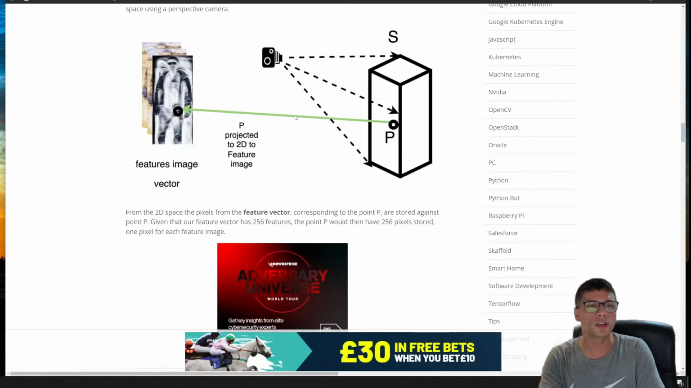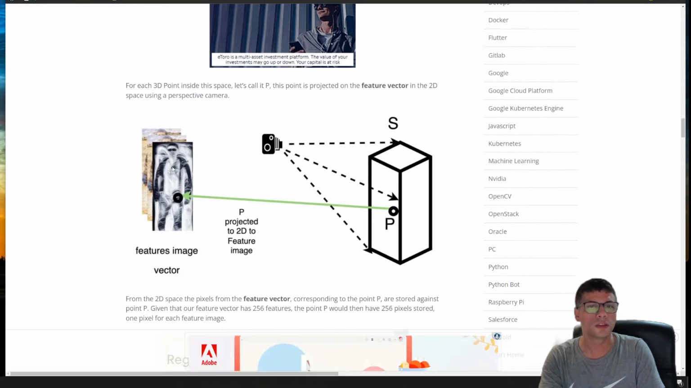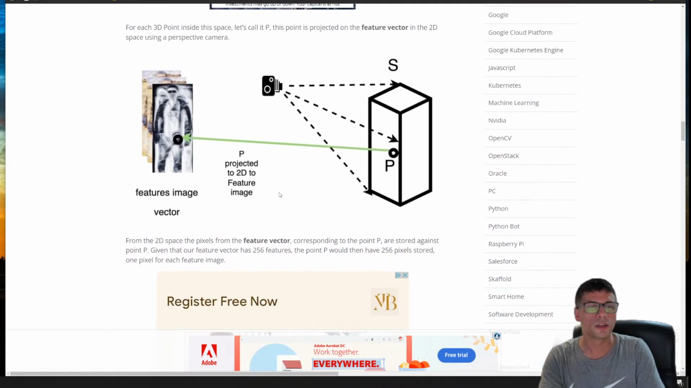Anyway, I was saying that, for the way the neural PIFu works, for each point in our features, right? Sorry,